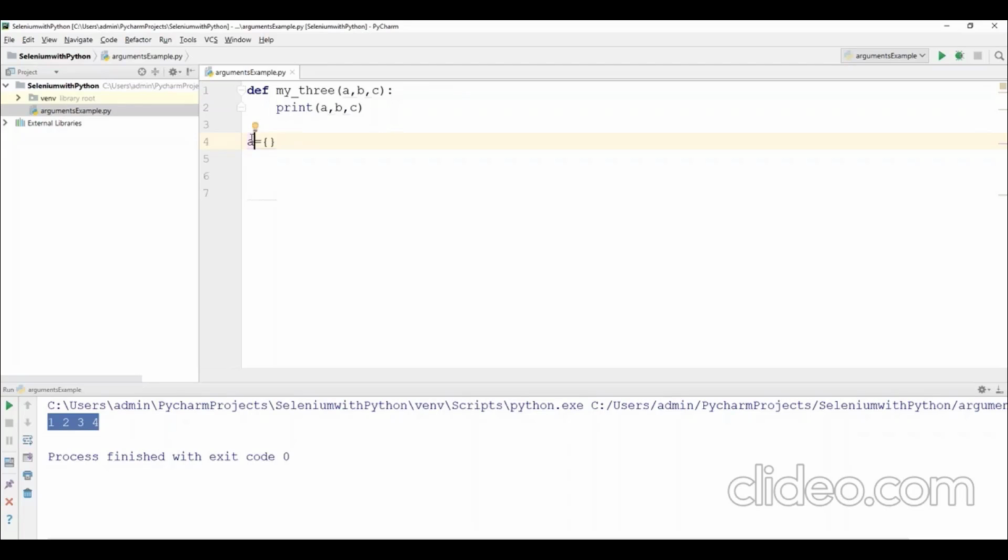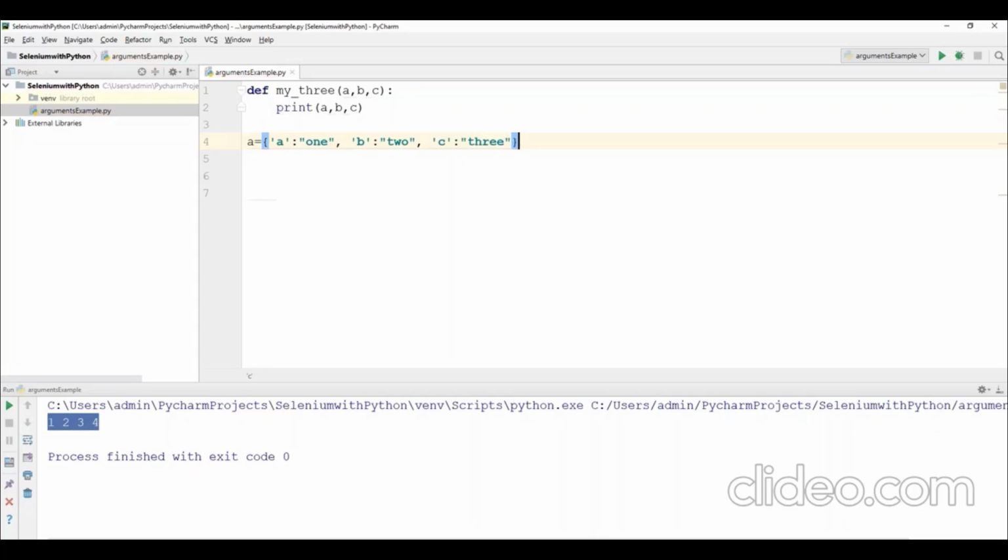It may not be args; it can be any variable name. So here I will just say a is a key and the value of a is, let's say, 1. And then comma, and I'll say one more. So here b is a key and the value of b is, I'll say, 2. And similarly, I will put the key as c and the value of c is 3.